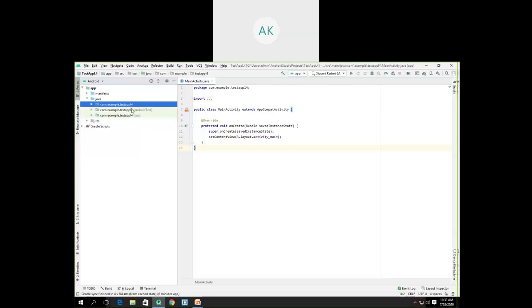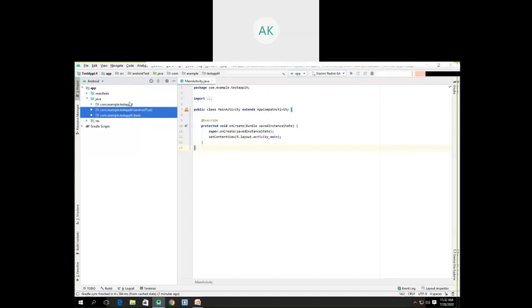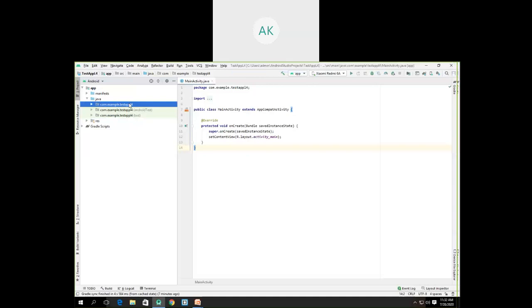But these three subfolders have some small difference. If you see the last two folders, they contain a word called test. So these last two folders are for the testers, while the first folder is for a developer. Whatever code we write, we write inside the first subfolder of the Java folder.